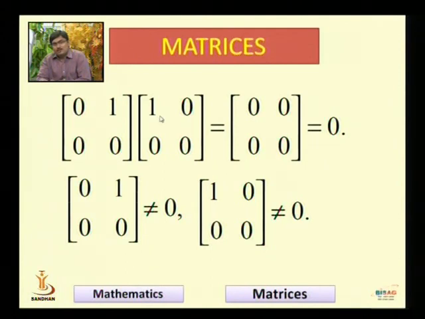This matrix is also a square matrix of order 2, but the first row and second column entry of this matrix is non-zero, and for the second matrix the first row and first column entry is non-zero. That's why these two matrices are non-zero matrices. Now let us see the multiplication. It is a simple calculation to check that the matrix multiplication will give you the